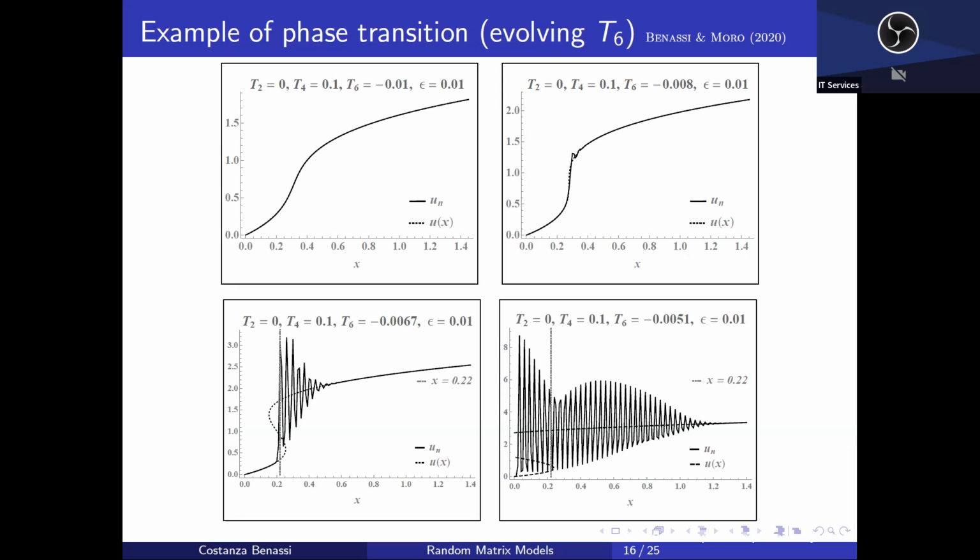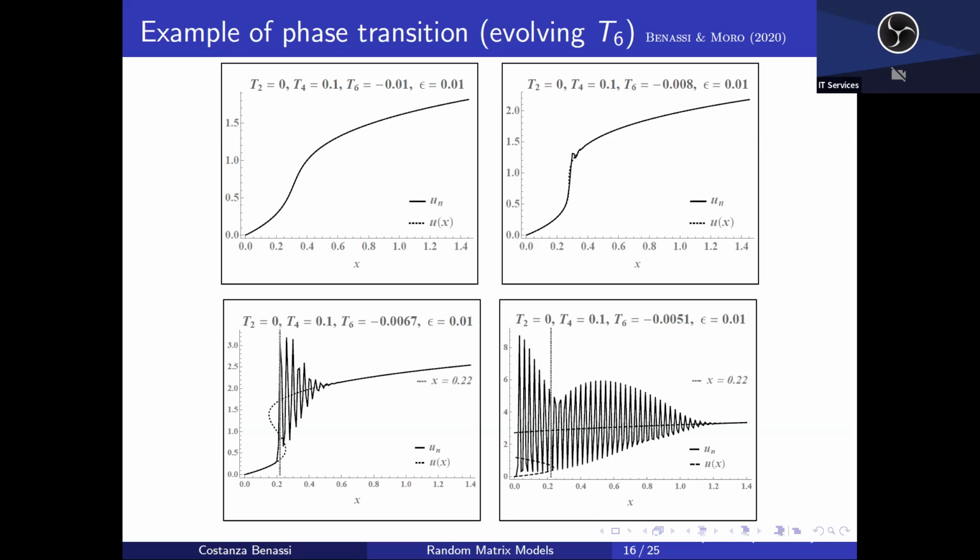So you see here, what am I plotting? I have X and U in all plots. I fixed T2 and T4, and each picture is just evolving in T6. So you can think of it as a cartoon if you want. I'm plotting on the dotted line the cubic, and in the continuous line, the rescaled solution to the recursive equation. So you see what happens when there is no singularity, no gradient catastrophe: everything looks fine, it's smooth and reasonably nice. But then once we actually go through the gradient catastrophe, we have this dispersive shock appearing.